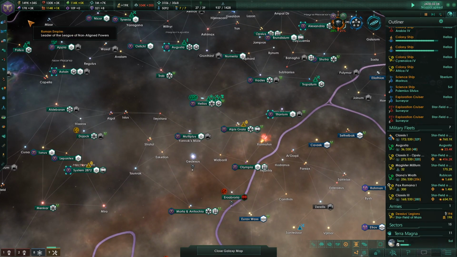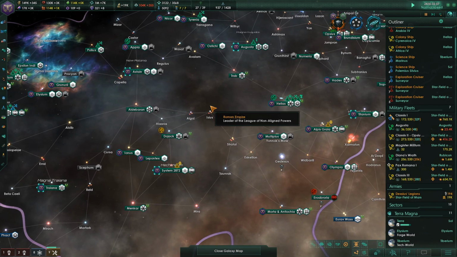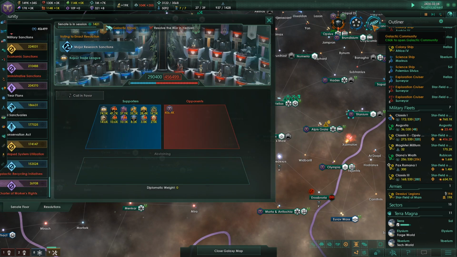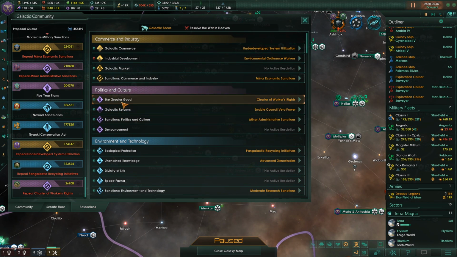Establishing colony. This is how short my memory is. I said I was going to do something with it. Oh, yeah. With influence. It was the galactic community. So the things I was looking at was...